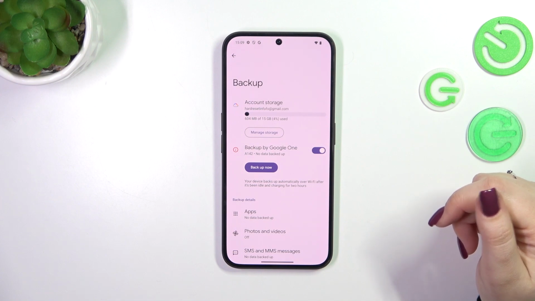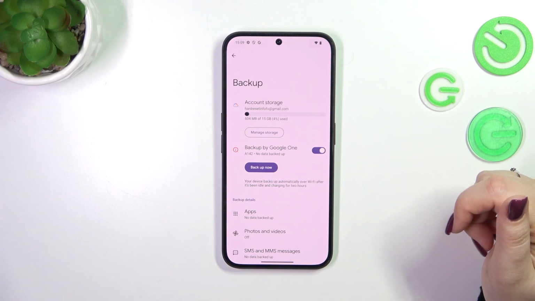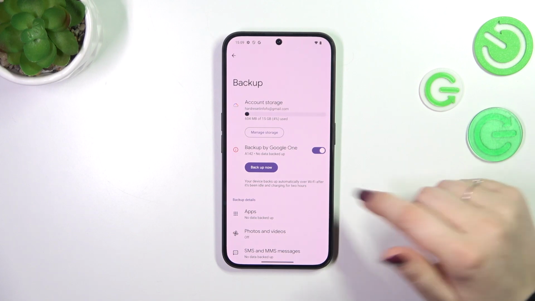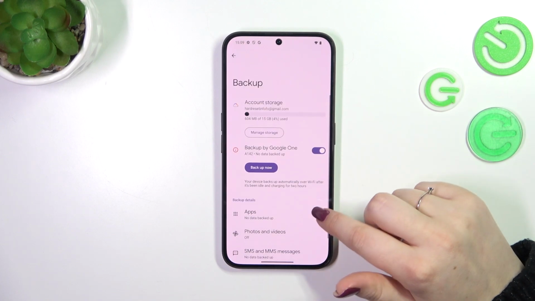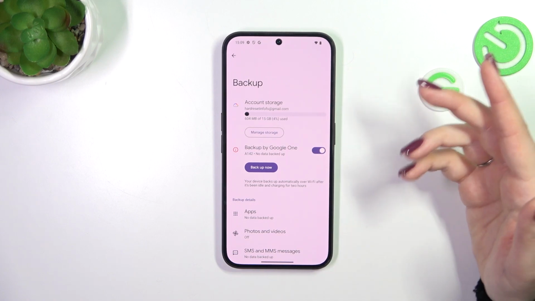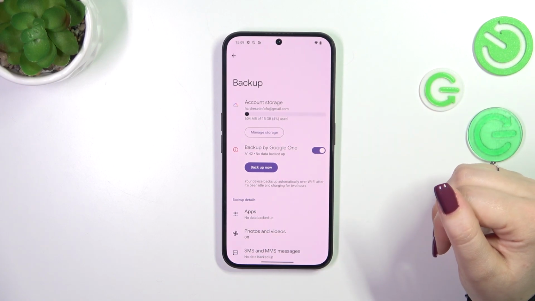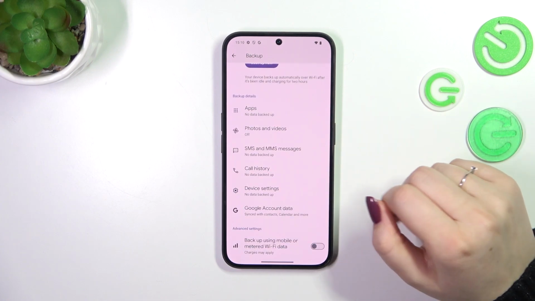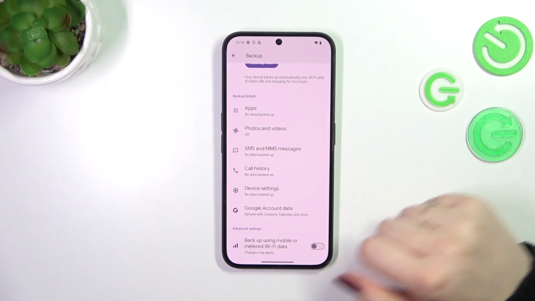You can back up apps and apps data, call history, contacts, device settings and text messages, and your device will back up the data automatically. So here you've got the account storage info, so you can check how much space you've got left. You can manage the storage. Here you've got the backup details, so you can check what has already been backed up, advanced settings, and I